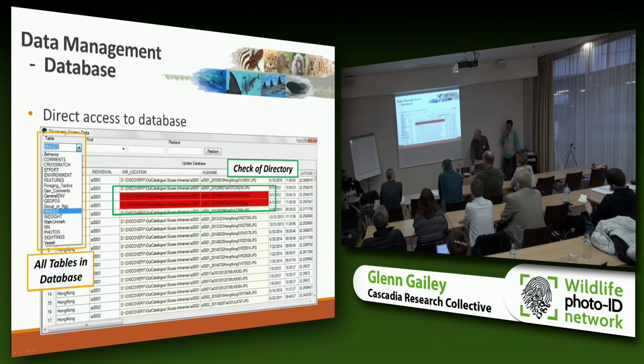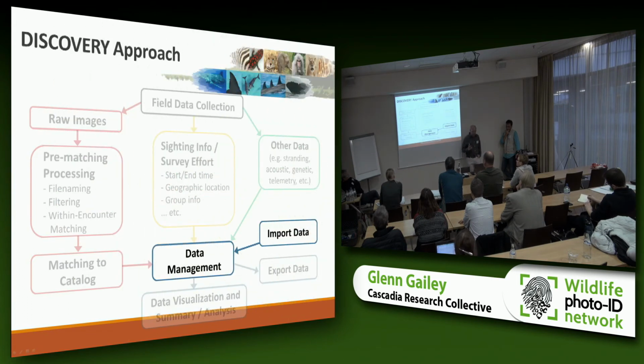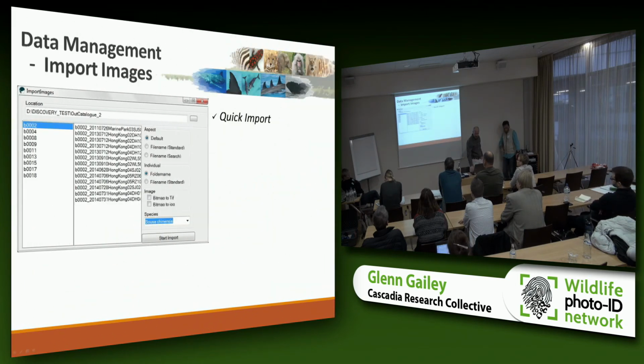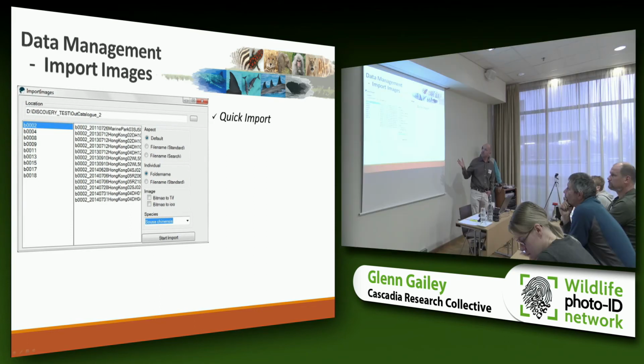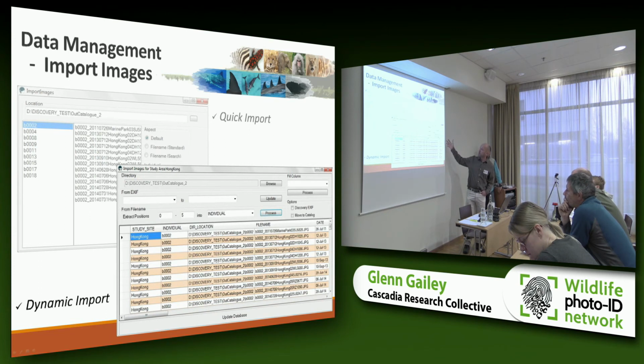So there's all the tables, and then check for directory. And then, if you already have existing data in different processes, you can do different imports. So here's importing your images into a database, which can use the file name structure. This is sort of a quick import. Then we have a more complex, versatile import, where if you have information in your EXIF part of your data,